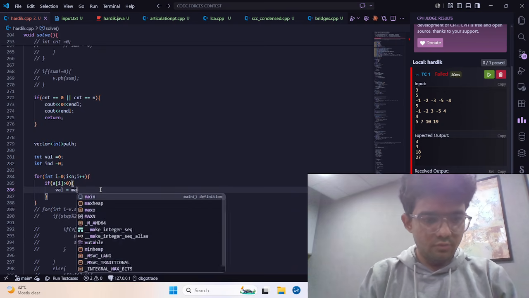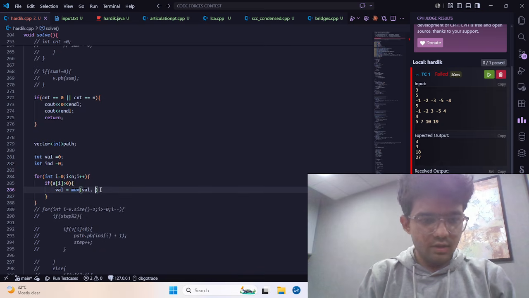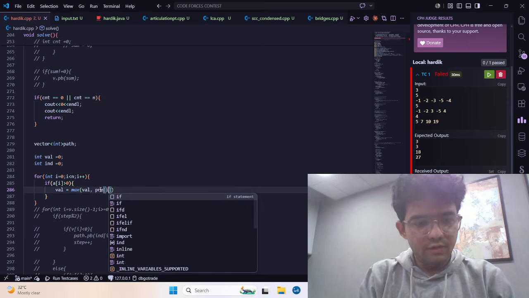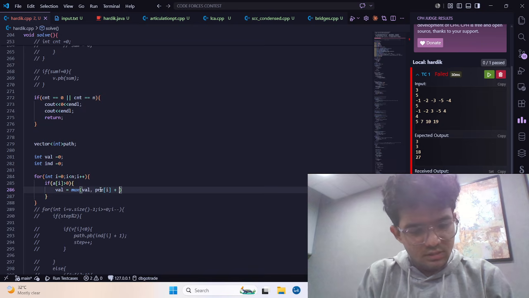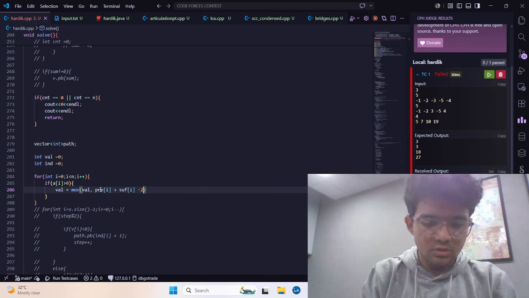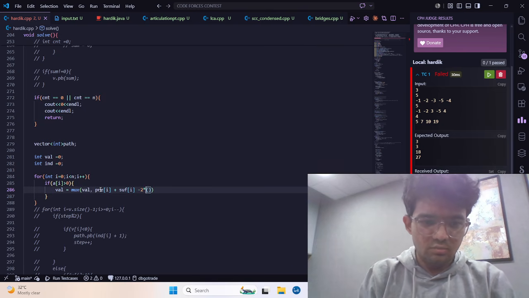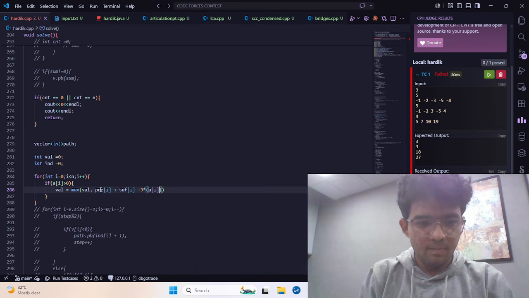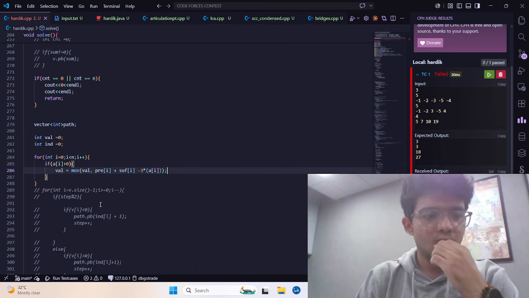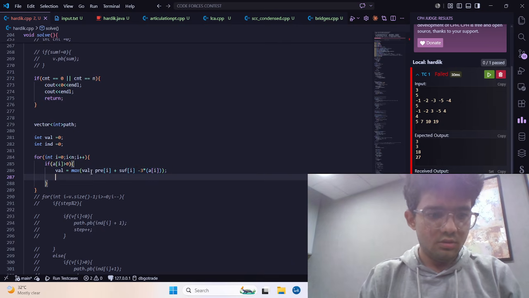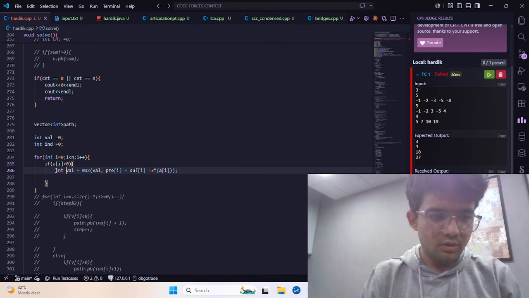Val is equal to max of val comma pre of I plus suf of I, and f val